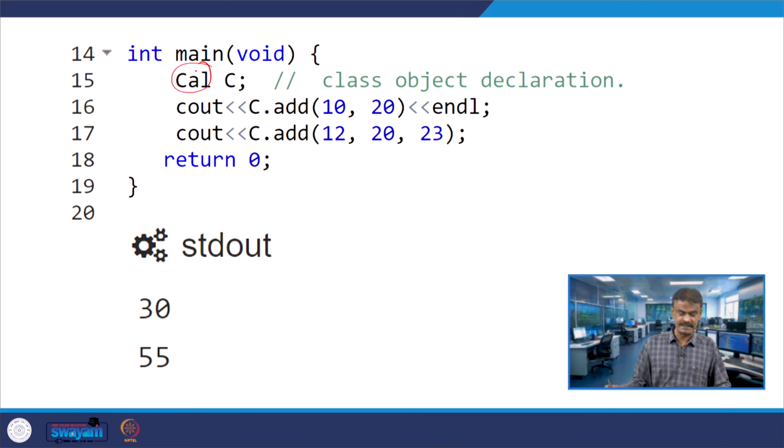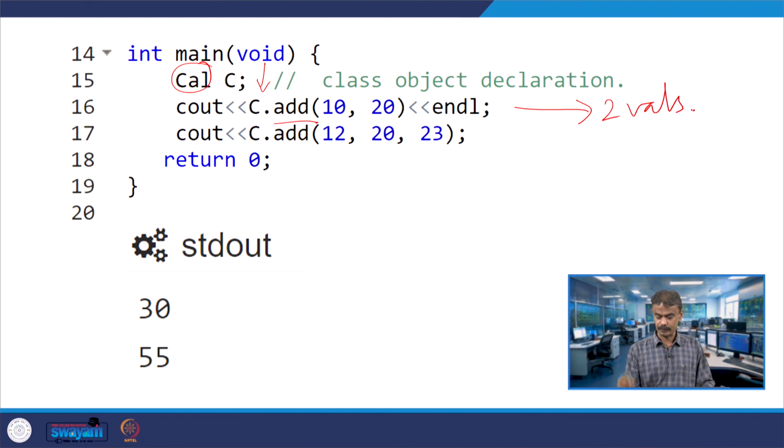So, you are instantiating an object under cal, the name of the object is c. Now this c will invoke one of the addition functions, both of the same name. 10 comma 20, you are passing 2 values, and for the next one you are passing 3 values.